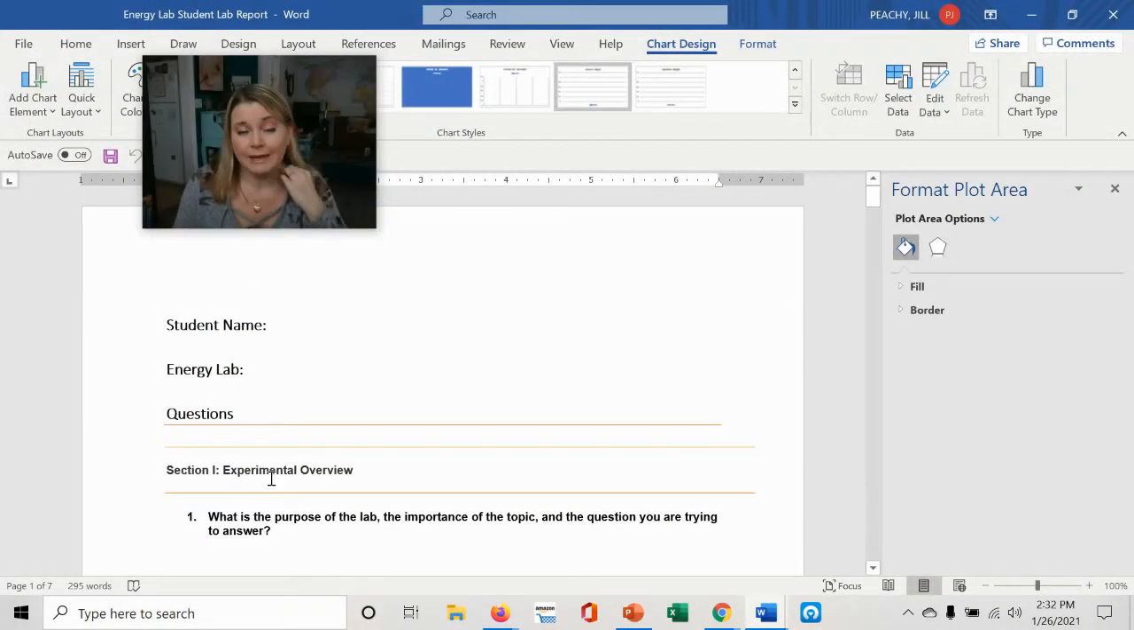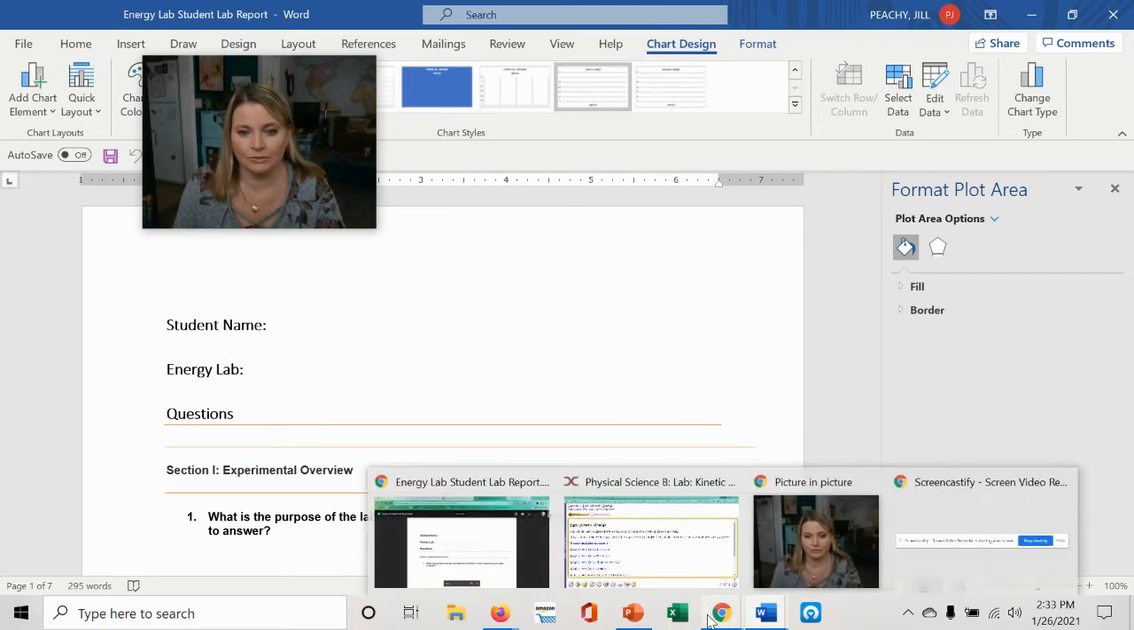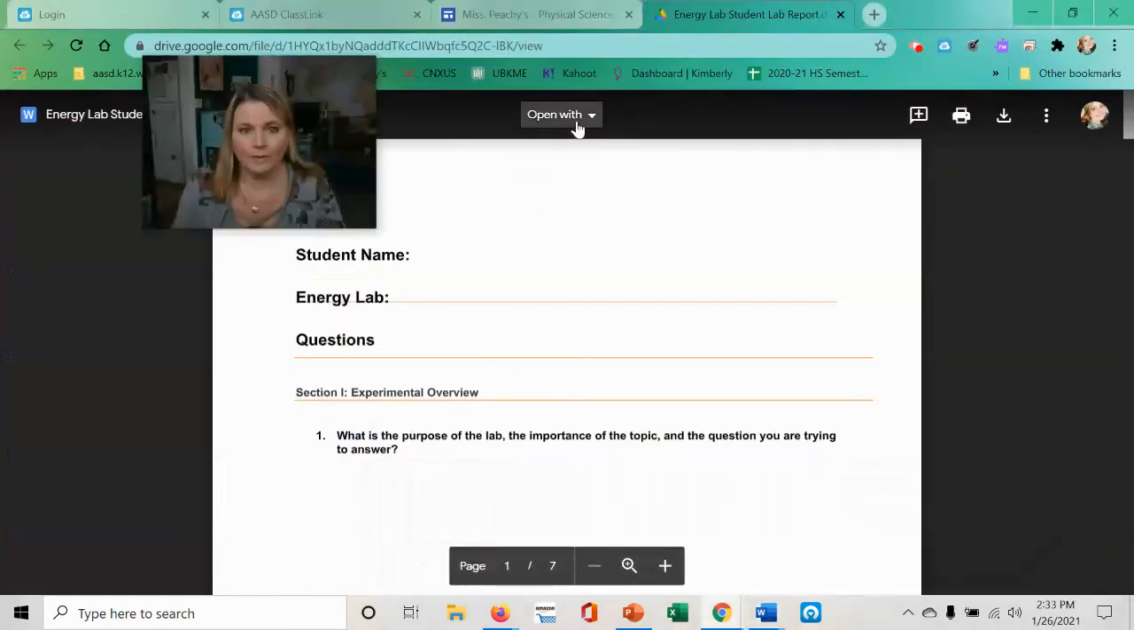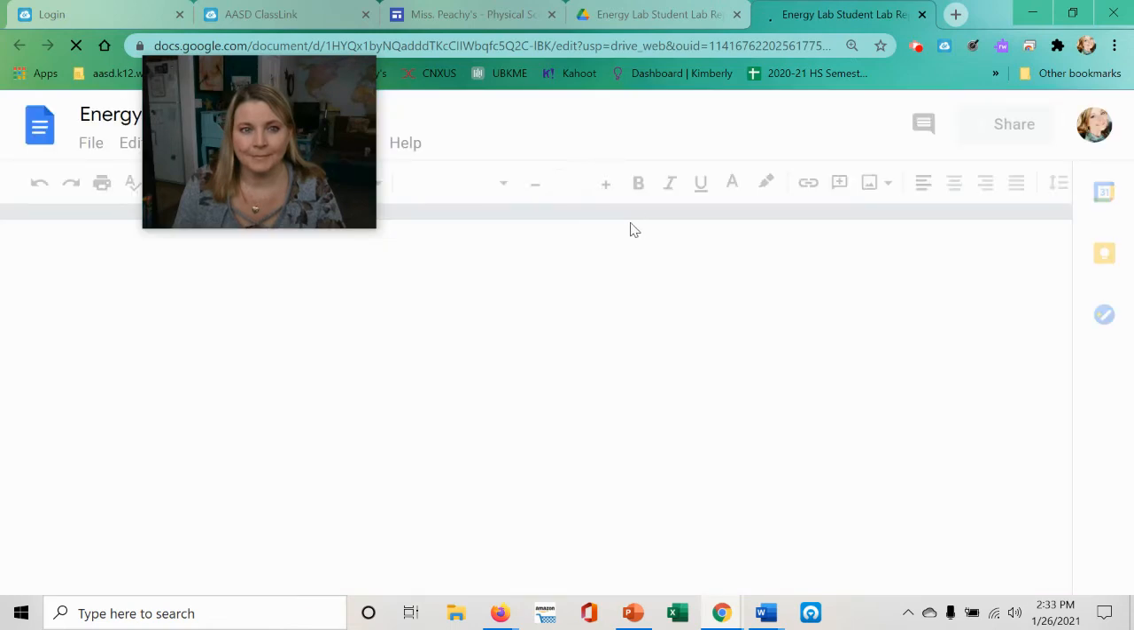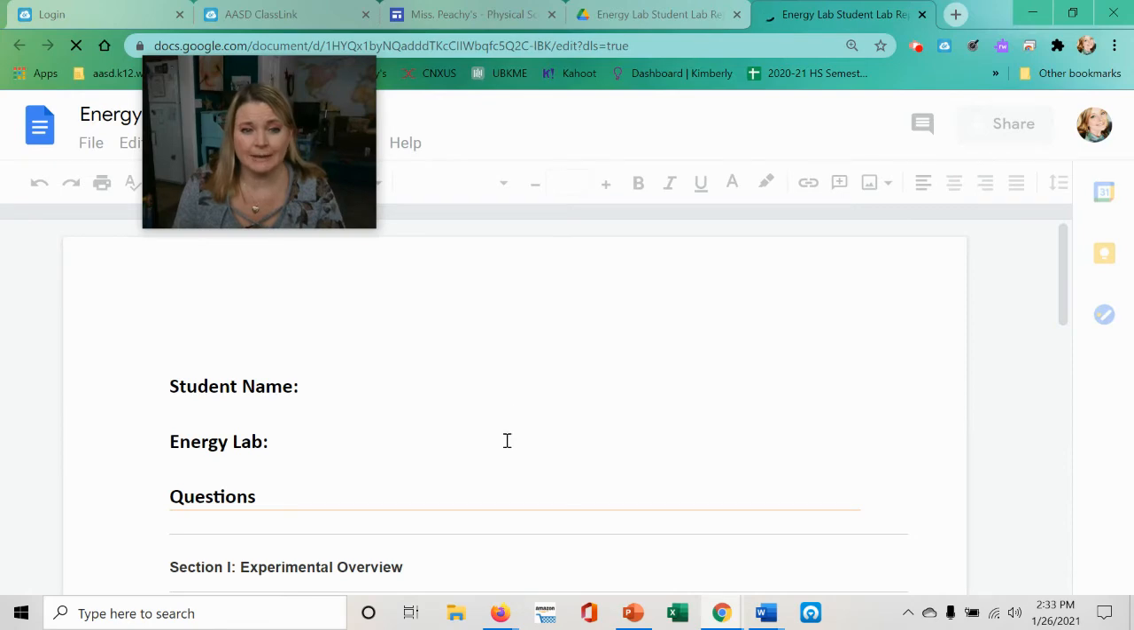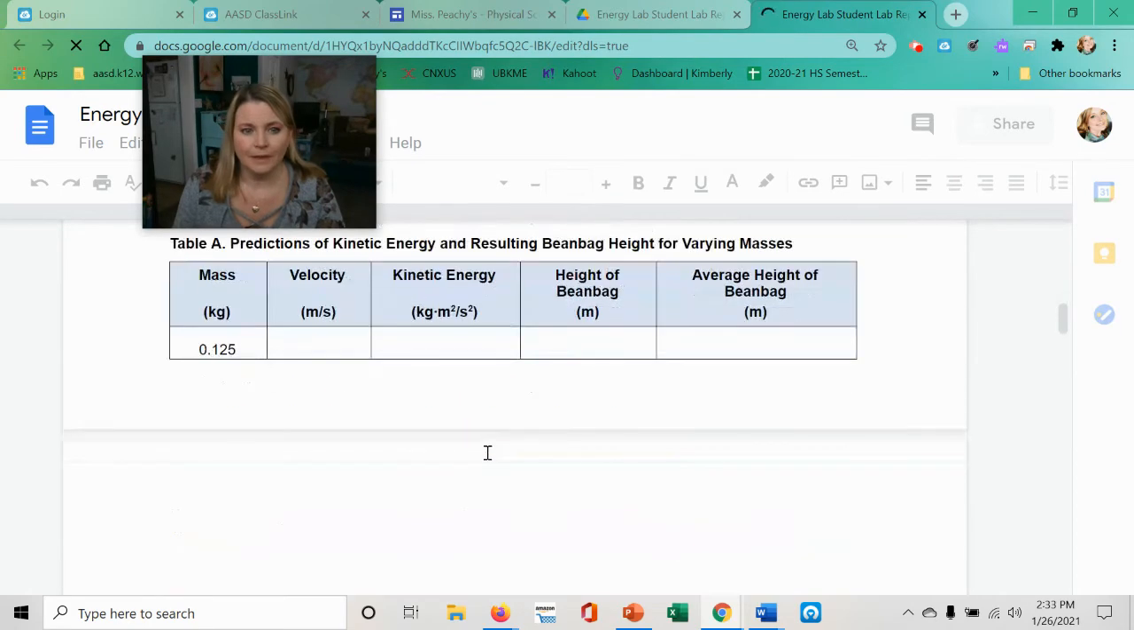But some of you might elect to use Google Docs instead of using Microsoft Word. And so the graphs don't import as well into Google Docs. So if I go here and I open this with Google Docs, everything else should look pretty much the same, except